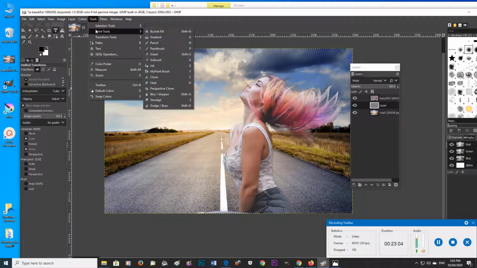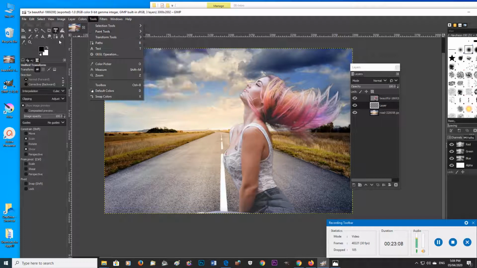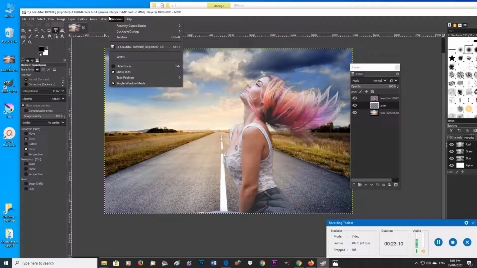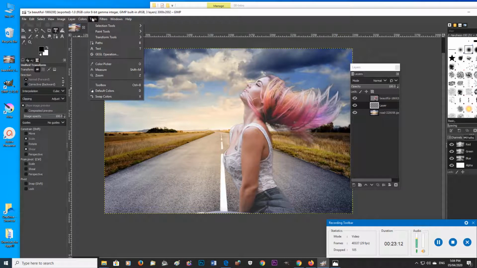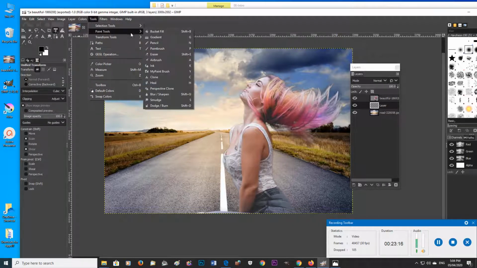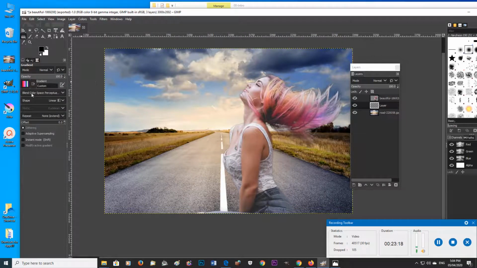Tools, Paint Tools, and in the Paint Tools there's a gradient. Now I know the gradient is over here on the left, but for the meantime I want you guys to get used to finding it here in the Tools menu. So Paint Tools, Gradient. Now here's the option bar or the option palette here. It's a little different. And you could choose the gradient, click on it. You could do custom gradient, abstract,